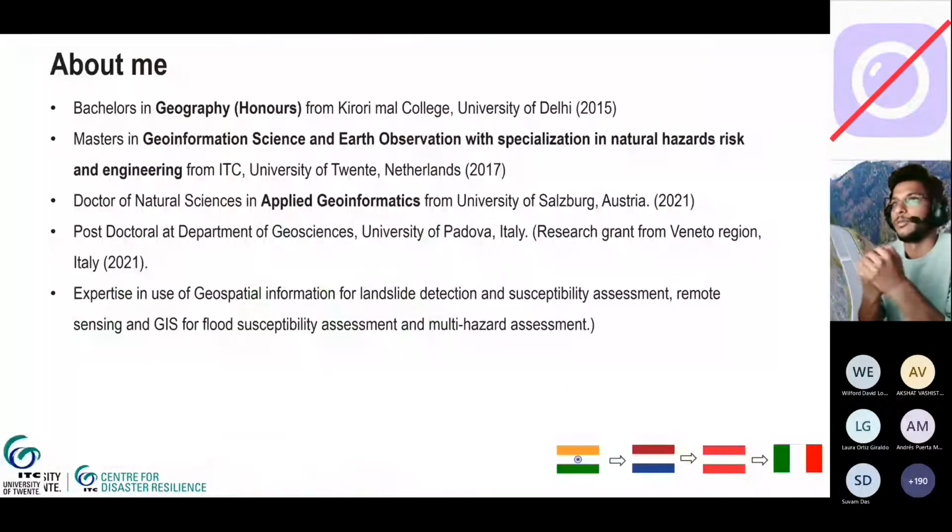So let me introduce myself, more about my work and what I studied in the past. So I did my bachelor's from University of Delhi in geography honors. Then I went to Netherlands and did my master's in GIS and remote sensing, focusing on